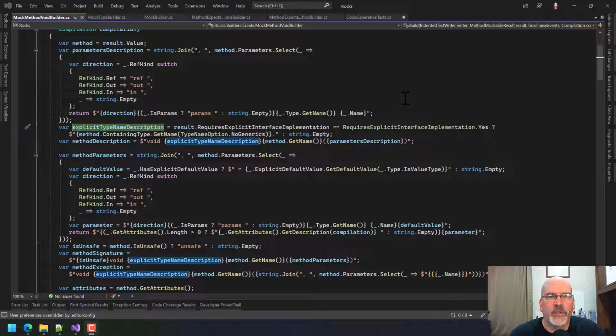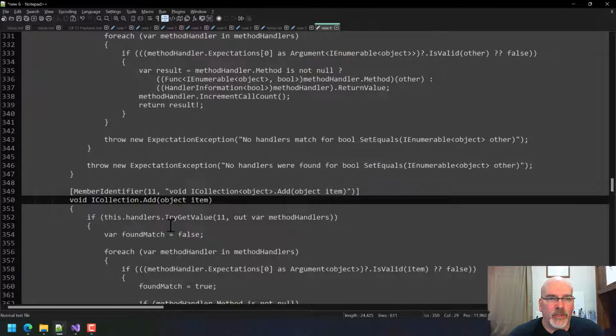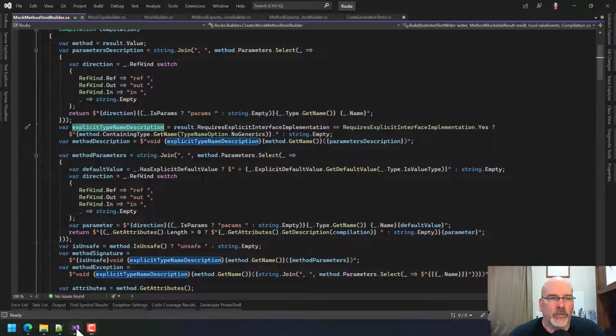In the last episode, we weren't including the generic stuff when we were doing explicit interface implementation. This should be void ICollection object. As I just noticed here, I have put in type name option, no generics. That's kind of weird. Why would I do that? You'd think that that should be include generics,